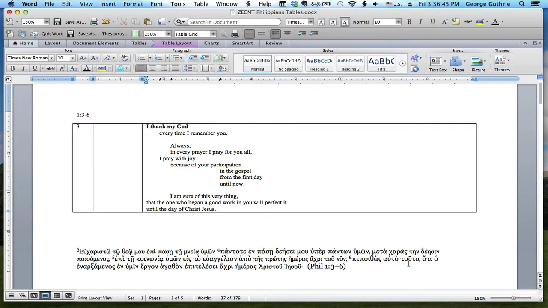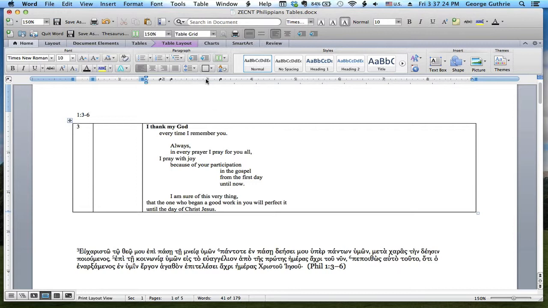And I'm going to interpret this as a substitute for an epexegetical infinitive, where hati is used epexegetically after a demonstrative. So what I'm going to do is this. I am sure of this very thing, translating the tuta there,